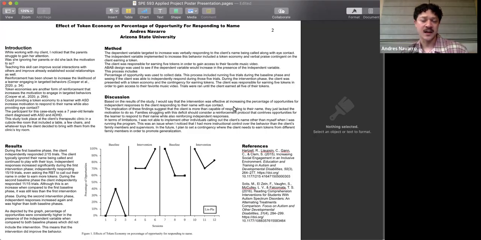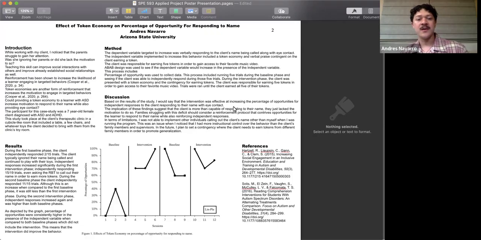And I believe that this kind of behavior negatively impacts her already established social relationships, like her parents, her younger siblings, all that kind of stuff, along with affecting the amount of meaningful relationships she's able to make in the future. So, to combat that, I presented her with a token economy. So, we can now go into the method.